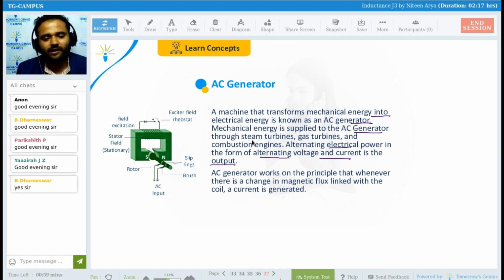What is happening here, simply understand in this way. Every one of you went to a wedding, right? Any particular wedding. Outside a wedding hall or a banquet hall, or even in your school, there is a silent AC generator, which is run by diesel, right? So what is happening in that particular diesel engine or diesel alternating current generator: basically there is an engine fitted there, and the peon of a school, or the person who takes care of a banquet hall, puts diesel into that particular AC generator and then starts the motor. The moment the motor or diesel engine starts, the diesel engine